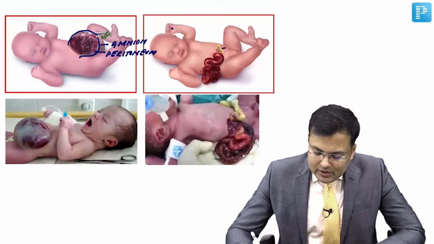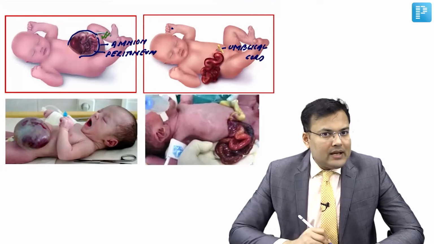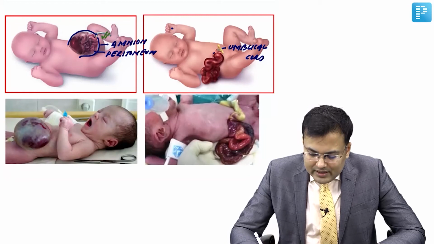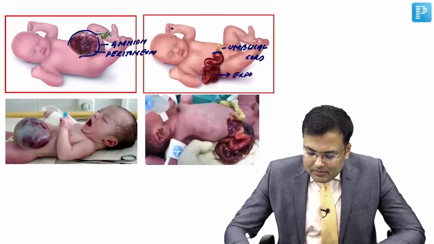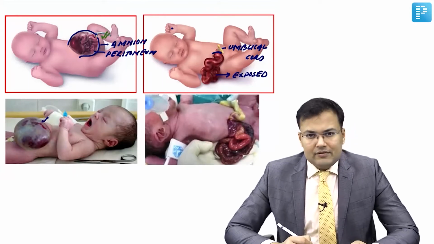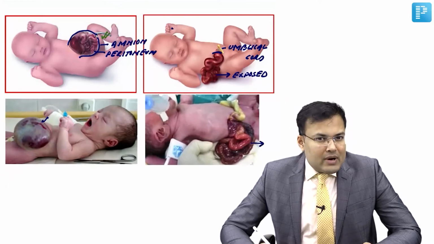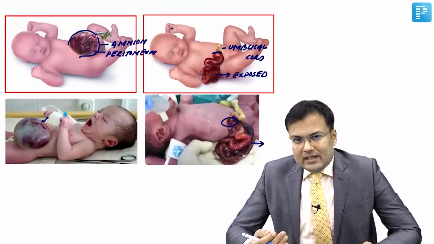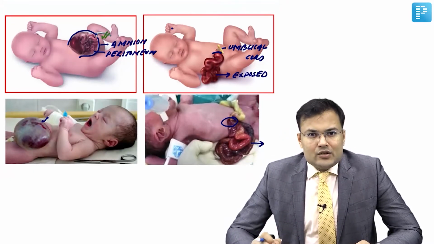Now can you see, this is the umbilical cord, and you can see this is intact. On the right side of the umbilical cord, meaning in the right abdominal wall, there is splitting. Because of this splitting, there is herniation of bowel and this bowel is exposed. Clear? So see this picture. This is a picture of omphalocele, also known as exomphalos, and here you can see the exposed bowel because of splitting in the right side of abdominal wall, meaning it is located on the right side of the umbilical cord. So first is omphalocele, second is gastroschisis.